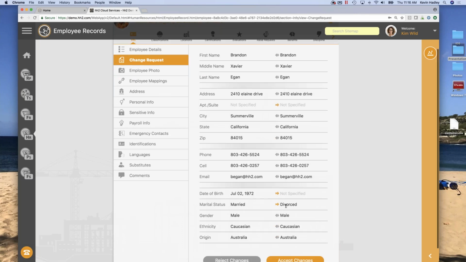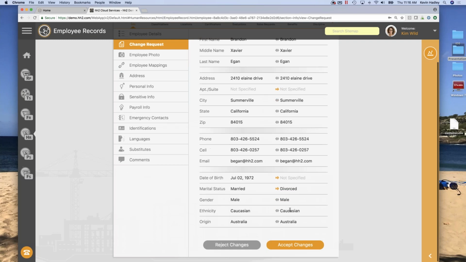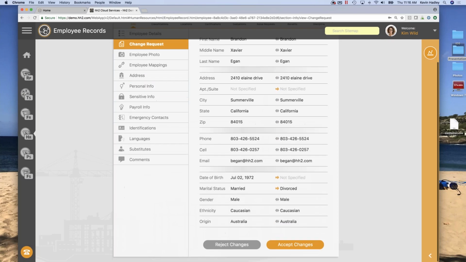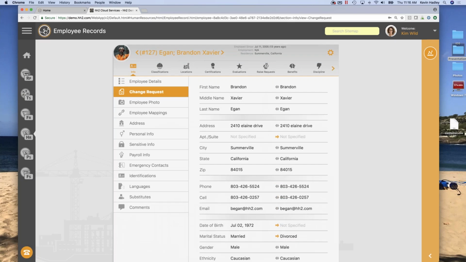I got a divorce over the weekend, and so I updated my records, and you can see these things right here. Just FYI, it does not make the change until you come down here and say, yeah, I want to accept these changes or reject the changes, or make a slight change to it. Once you accept the changes, it will make a change to that employee's record, and again, not only updated in our system, but in Sage.